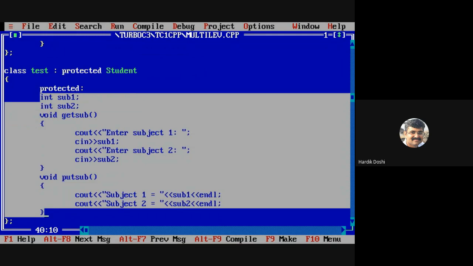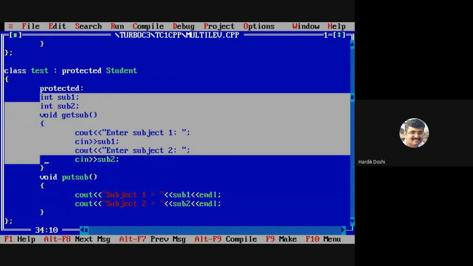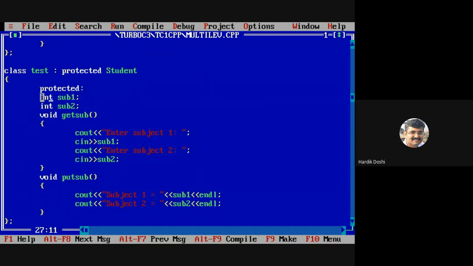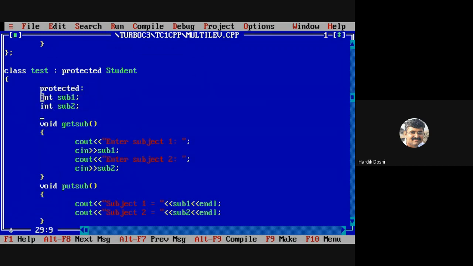Again, somehow I made a mistake last time. I forgot that, or I was not able to recall that. What is our strategy? We take data members to be private or protected, but generally our functions we keep to be public. So I forgot to keep this in the public section.